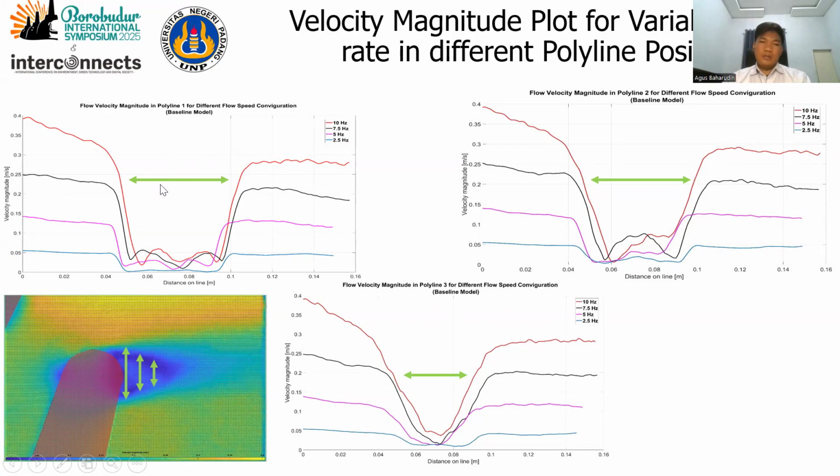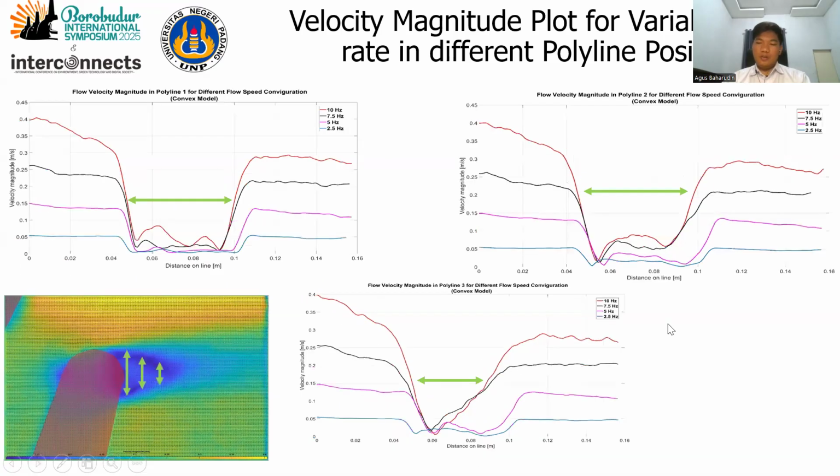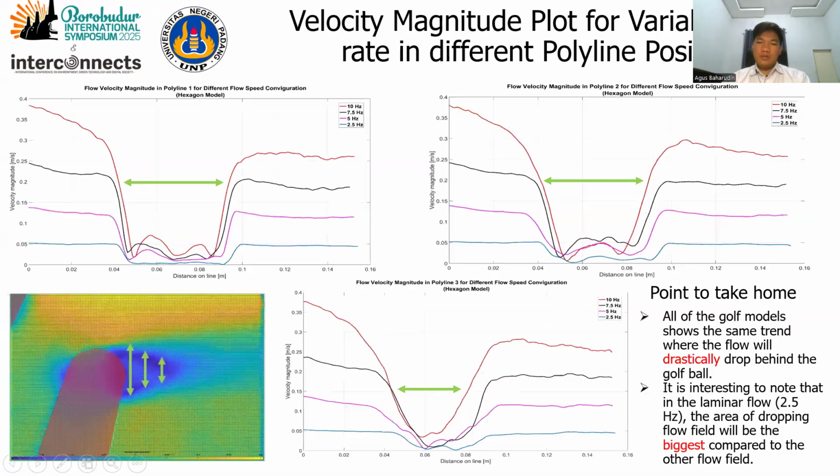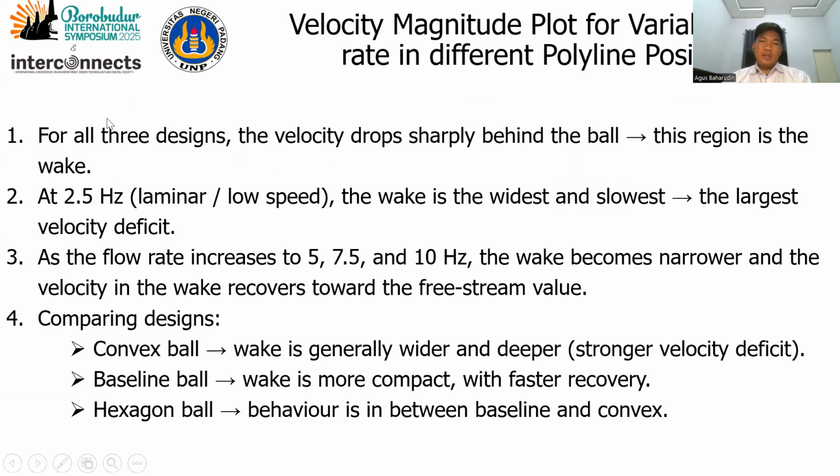And here, the green line is corresponding to these locations. So as you can see, it will vary across the different situations. For all the three designs, the velocity drops sharply behind the ball. It means that this region is the wake. As the flow rate is increased, the wake becomes narrower, and then the velocity in the wake recovers toward the